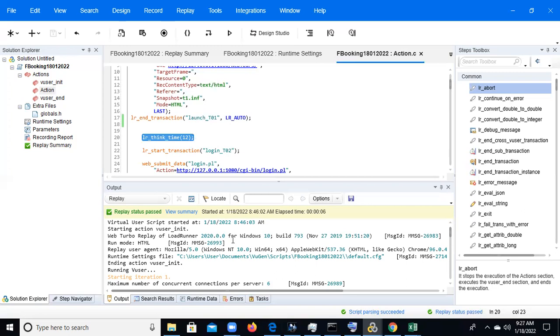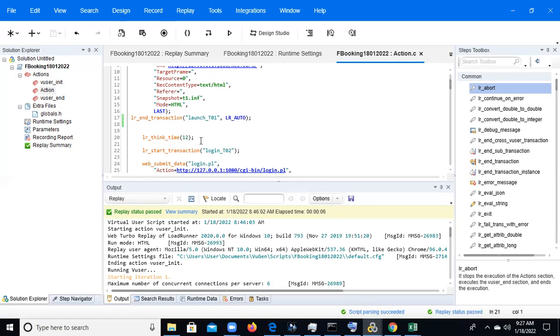It is the delay between the two actions. So the delay between the actions is called the think time.